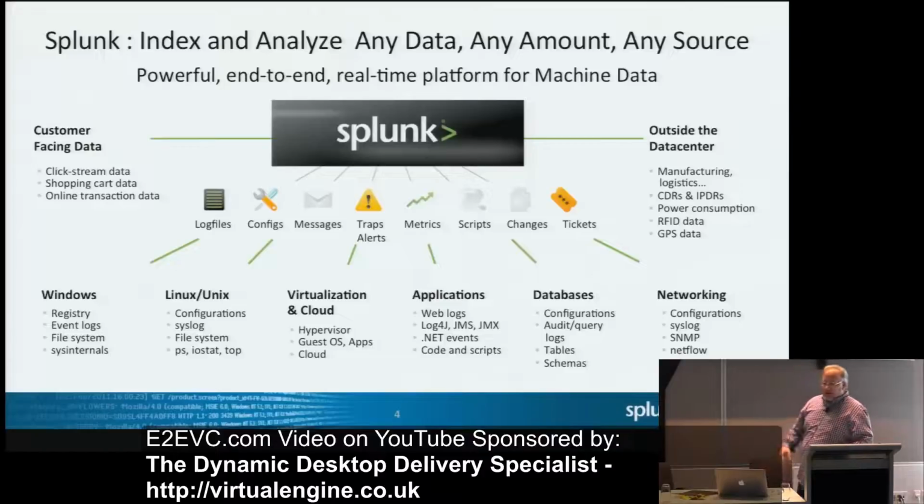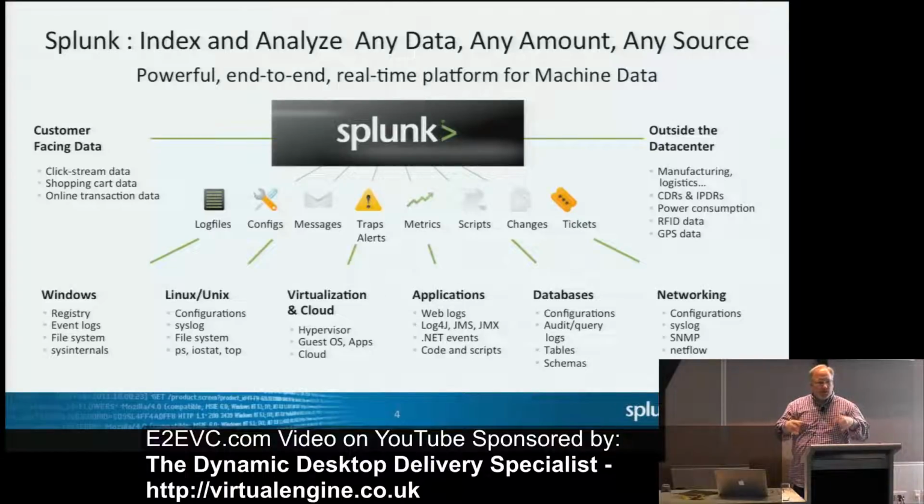The way I try to explain it, I have a 60-second spiel when I'm at conferences and people come up asking, so what is Splunk? The easiest way to explain Splunk, as far as I'm concerned, is that it's made up of 3 different components. And these 3 components together make a platform.